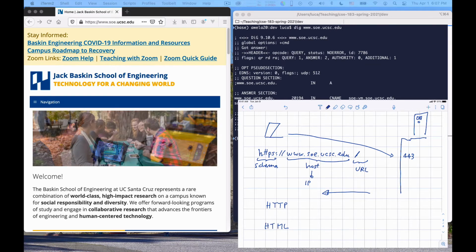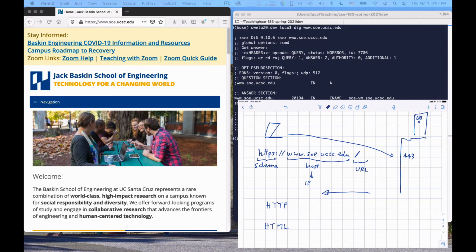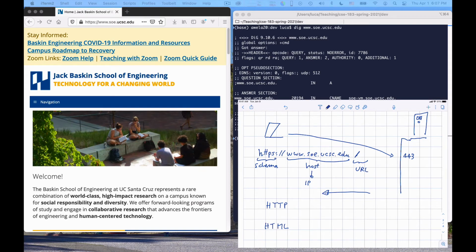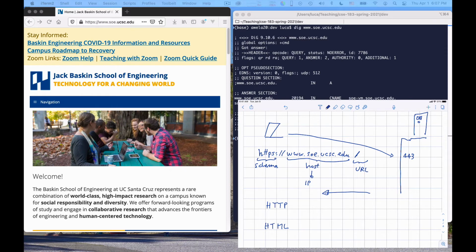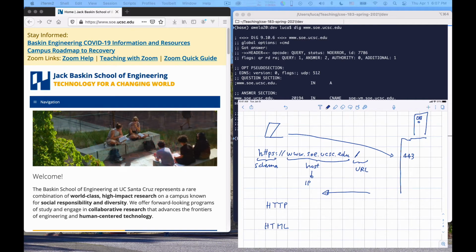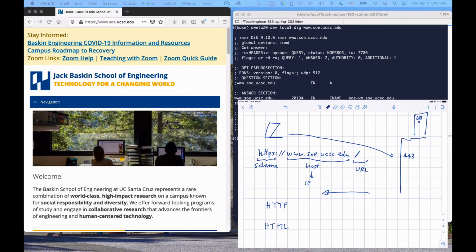And there has to be also obviously some way for you to request which page you want. And there is a lot of side information that goes with that request and the reply. The HTTP and HTML protocols are part of the initial specification of the web, what Tim Berners-Lee created at CERN when he was working on the early web. So how does that work? The request and the reply are encoded via this protocol that is called HTTP.